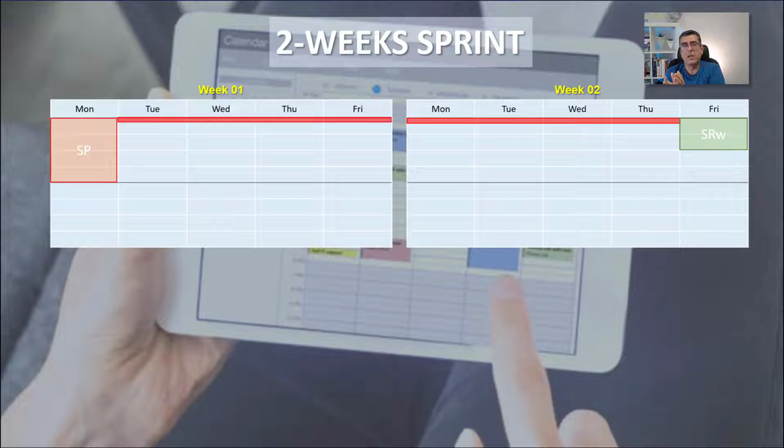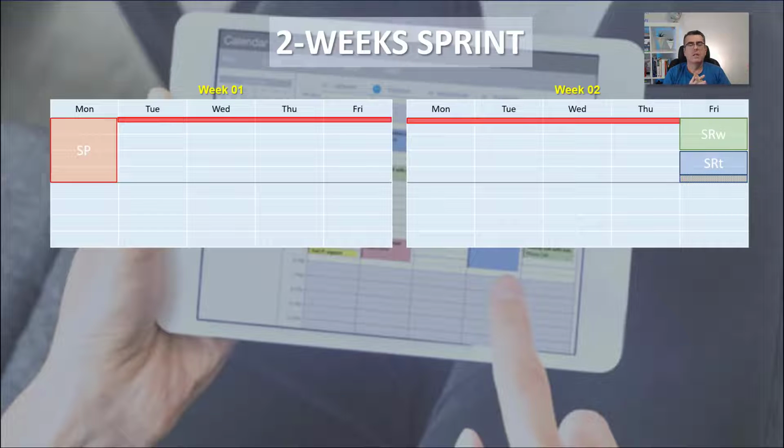In a 4-week sprint, you take 4 hours for a sprint review. In a 2 weeks sprint, you can take 2 hours. Could be less, but assuming that you are spending the time proportional to a 2 weeks sprint. So your sprint review will take 2 hours in the morning, and your sprint retrospective will take about 1 hour and a half, because 4 weeks takes 3 hours, and a 2 weeks sprint takes about 1 hour and a half. And you see again, you have half an hour